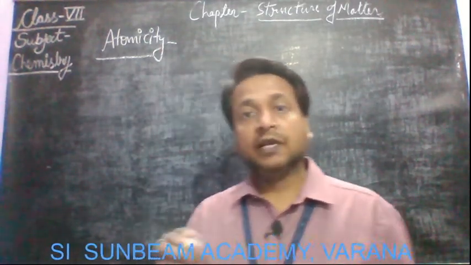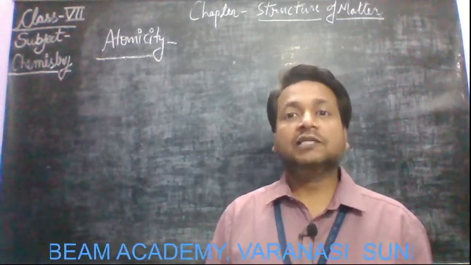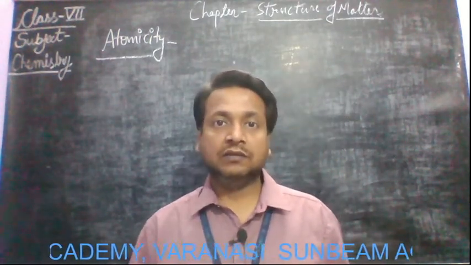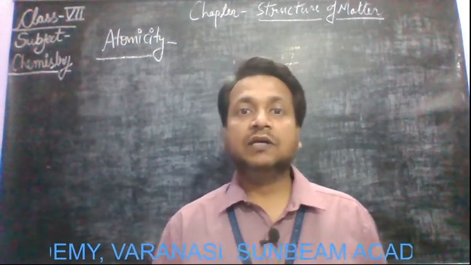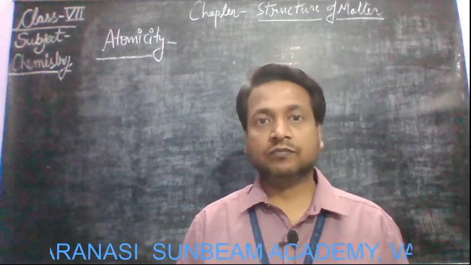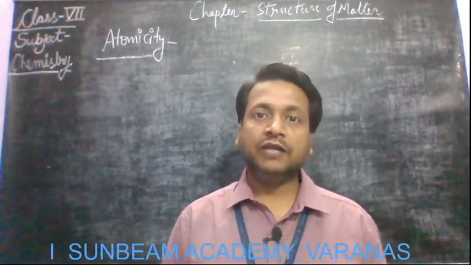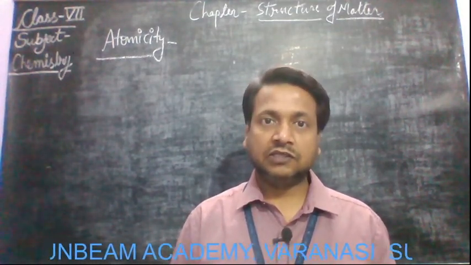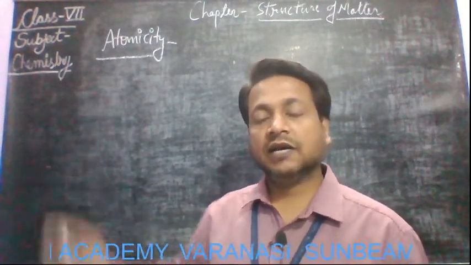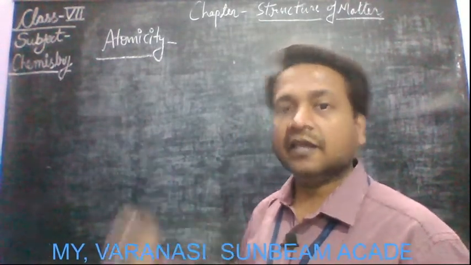So children, remember that in our previous classes I explained to you that there are some elements which exist independently in nature, but most of the elements do not exist independently. They are found in combined form. Two or more atoms get joined together, and then they exist in nature. So on the basis of that number of atoms, their atomicities are decided. Here I have some examples of elements and their atomicity.